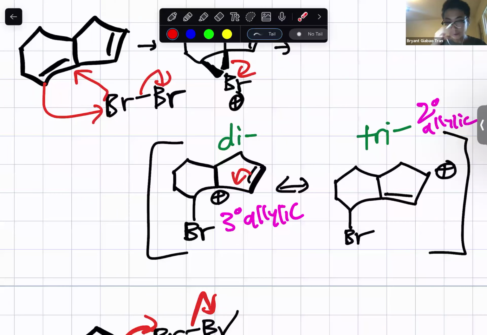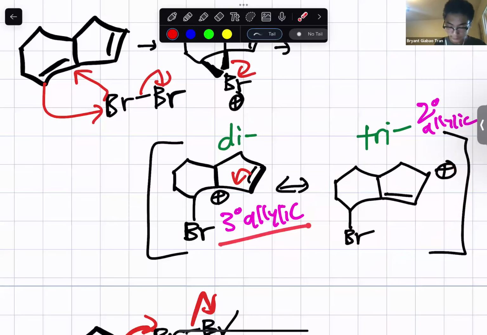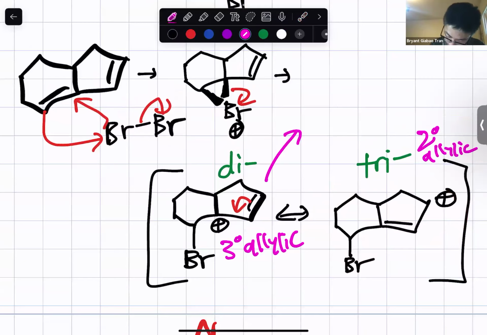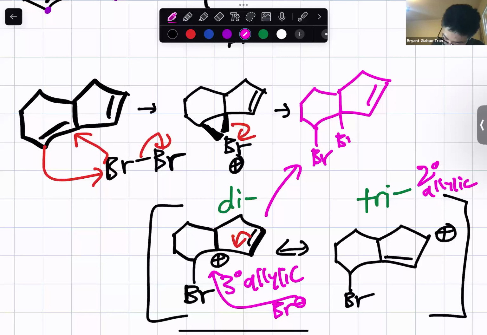Now we have to determine which one is our thermodynamic product and which one is our kinetic product. This here is our thermodynamic product because it has the more stable double bond. This right here is our kinetic product because it gives us the more stable carbocation. So the kinetic product is when we have the Br minus that got kicked out. It's going to attack that carbocation right there, giving us this kinetic product here, which came from the most stable carbocation intermediate. The thermodynamic product is when we have the Br minus that got kicked out, attacking that carbon right